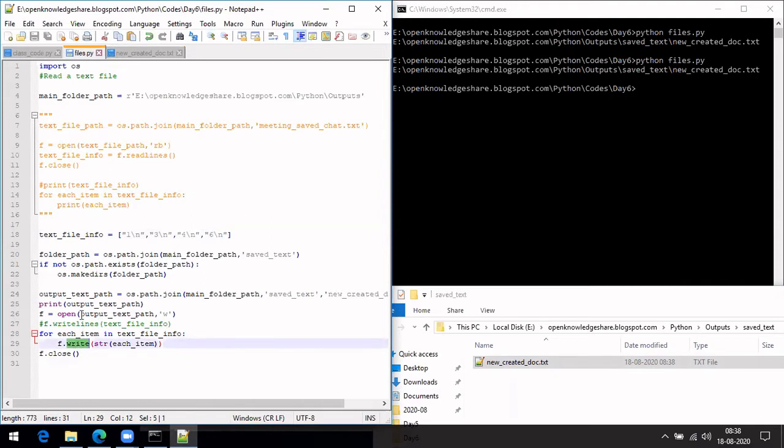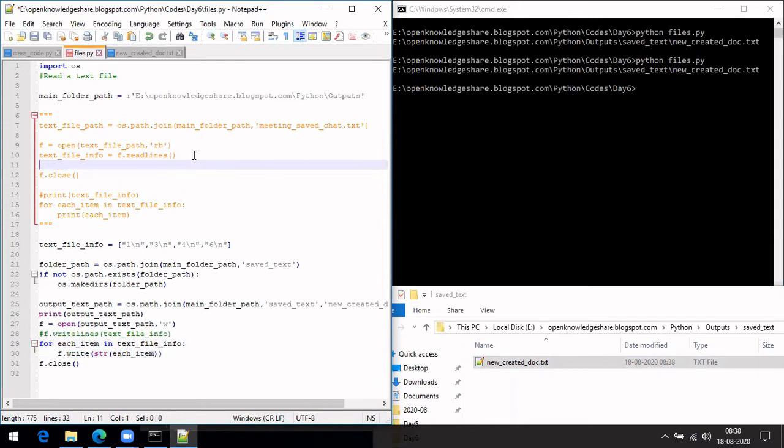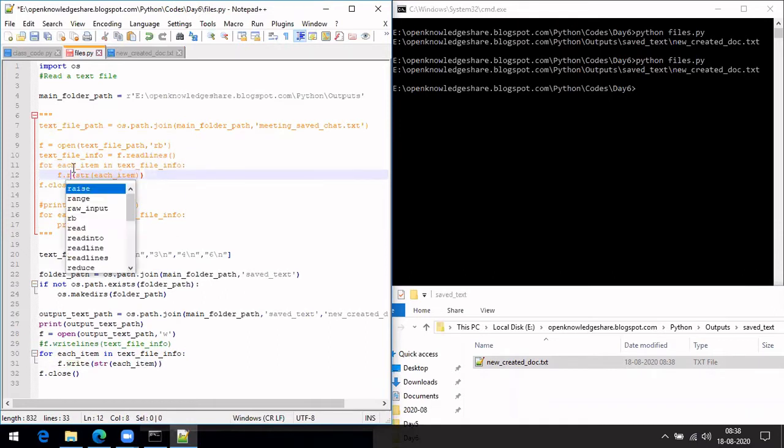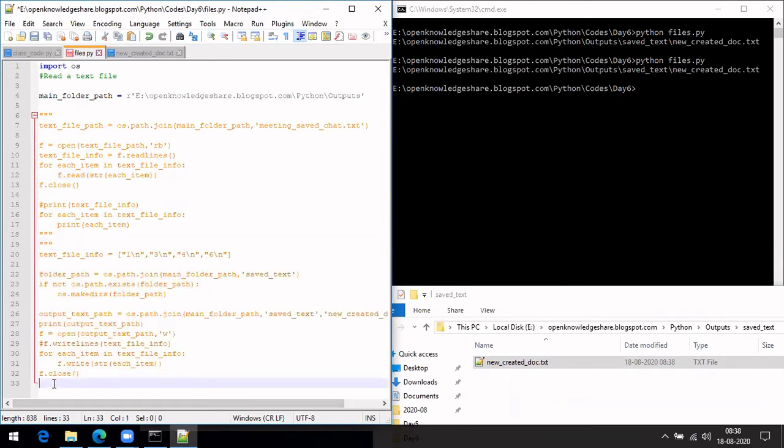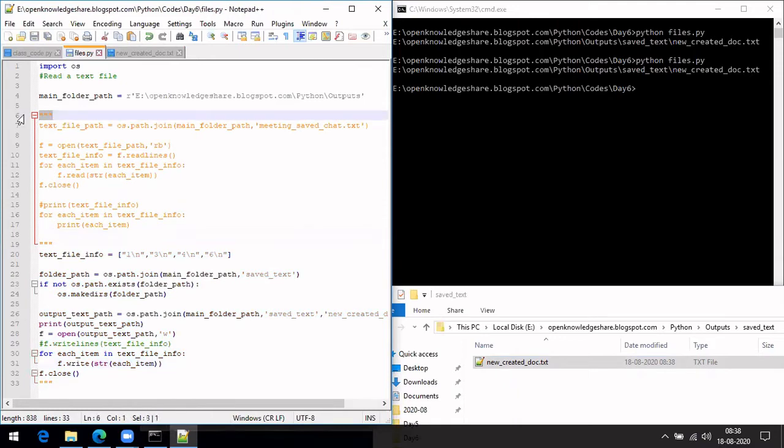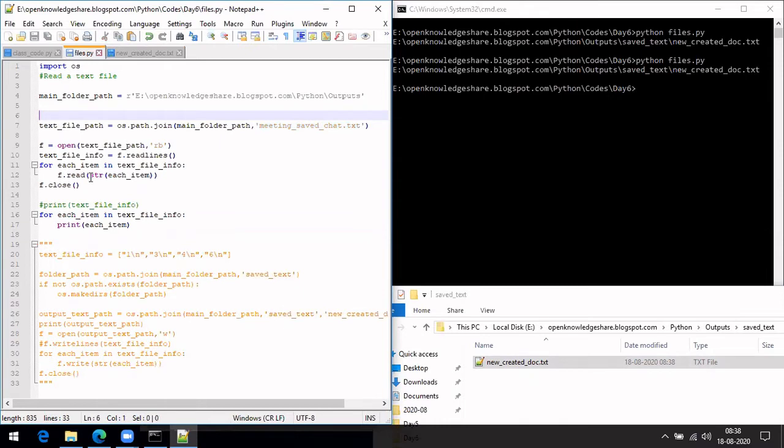Similarly, while reading, you can read one line at a time by using f.read. So, same code. What you can do here is, I'm not running it again, you can do f.read, and it won't be like this. Let us also do that. I'm commenting this out. Okay, so in case it is f.read, it will usually be like this. Let me remove this.